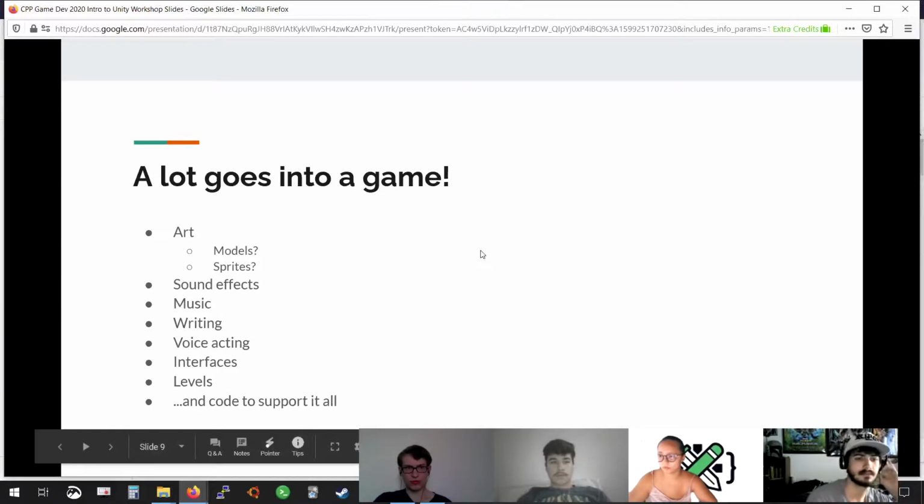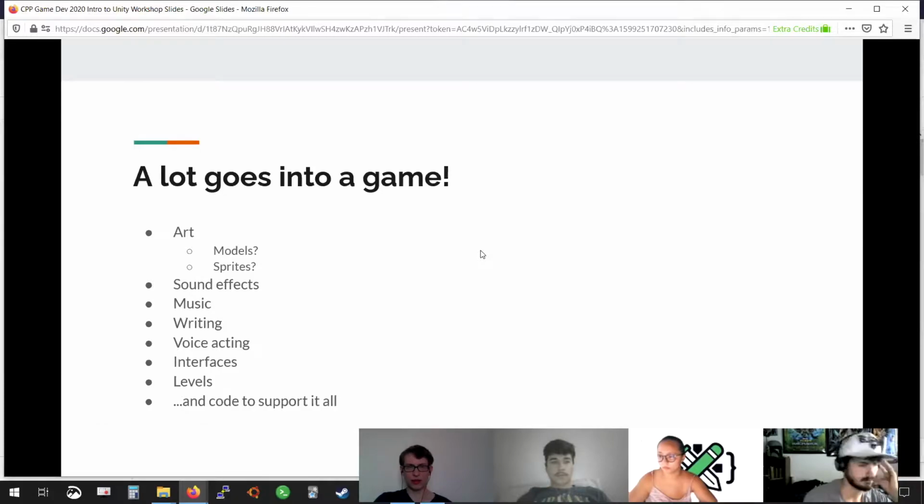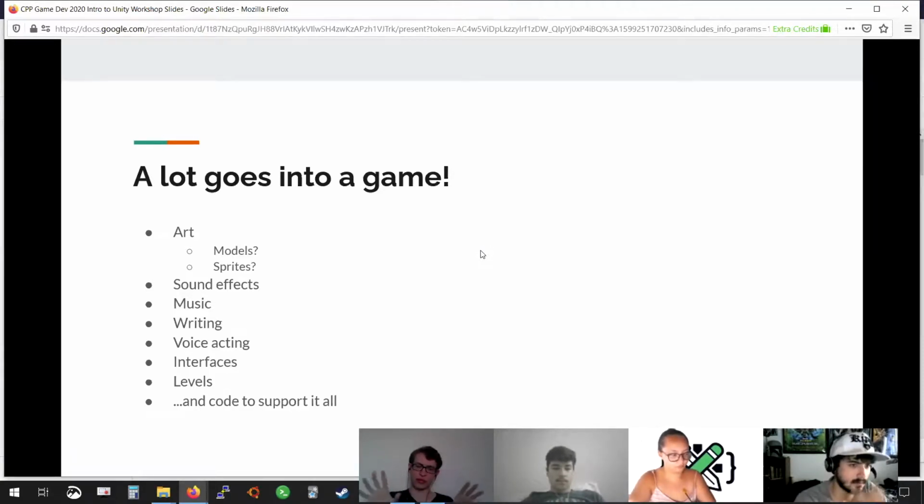If you've ever looked at the various parts of a game, you'll see that there's a whole lot of stuff going on in there. You have art to display stuff, and for some games it's models, sometimes it's sprites, and sometimes both. You're going to have a lot of sound effects and a lot of music. There will usually be some kind of writing, whether that's just for voice acting or also plot things or quest or item descriptions or whatever. You need to design interfaces for your menus and things. There are levels that you can play in. And then all of this is being held up by a whole bunch of code. Hopefully it's not spaghetti code, but